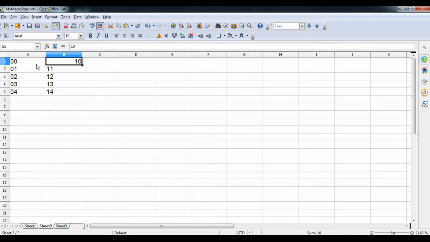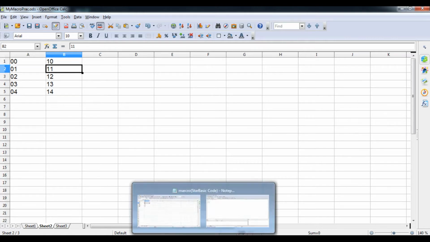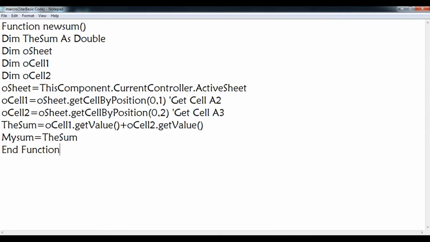According to this you can understand how the cells are arranged by their position. Column A is considered as 0, B will be 1, and row number 1 is considered as 0, then 1, 2, 3, 4 and 5. Now we are talking about the code again.